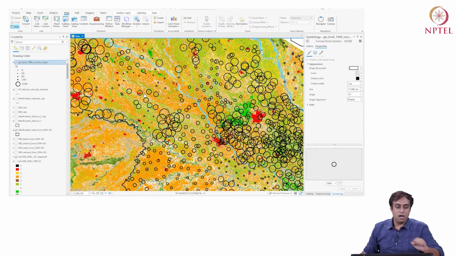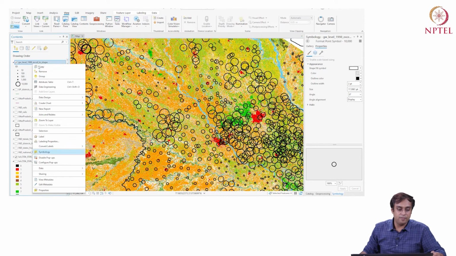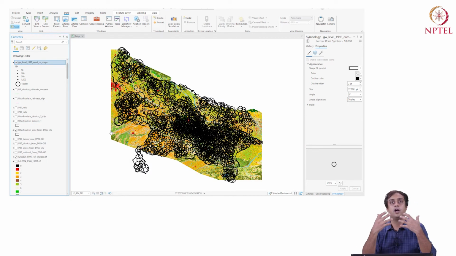So with that, we are about done with our session on ArcGIS. We have learned how to set up the software, how to open vector data and raster data, manipulate and clip them, and how to walk between an Excel file and a vector file's attribute table. So we've learned quite a few tools. I hope they'll be helpful for you.